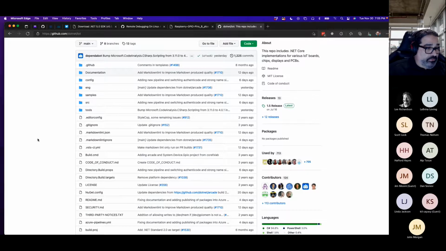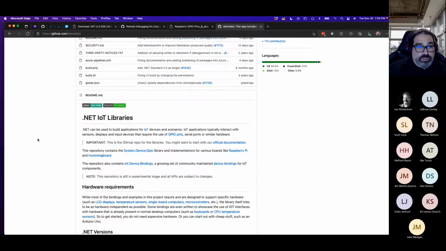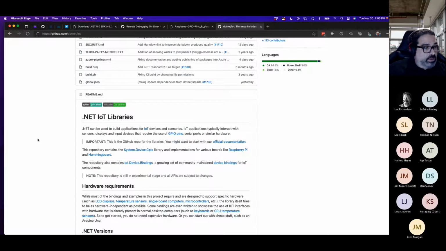This started as a prototype for this general concept. I don't think Microsoft was fully committed to it, because at the time most developers that were doing IoT and wanted to program in .NET had a path they could go down, which is installing Windows 10 on a Raspberry Pi and then using .NET to drive the GPIO inputs and outputs. But what happened was that a lot of folks, and even the .NET Core platform at the time, were drifting toward running on Linux. So right now, a lot of the applications we develop, even though we develop on a Windows or Mac environment, end up being deployed as containers on the Linux stack.